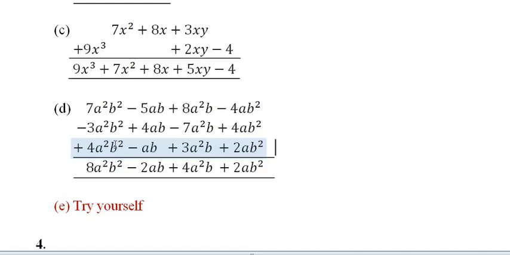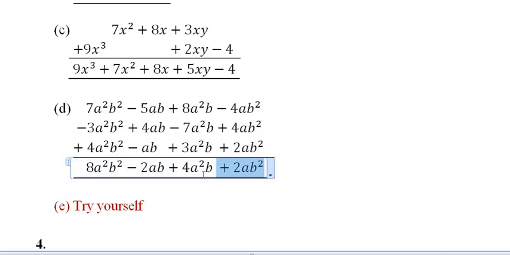As I already said, in case of addition, the signs will not be changed. The sign will remain the same. We are doing the addition here, that's why we are writing the plus sign. And the remaining signs will not be changed. So here you can see this is minus 4 and this is plus 4, so they will cancel each other, and it remains plus 2ab squared.